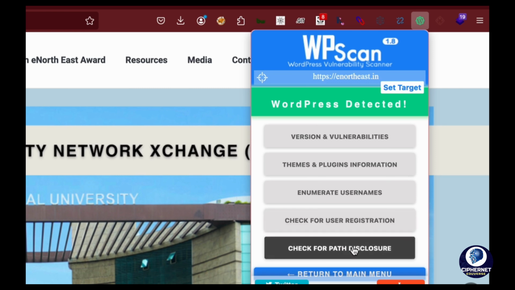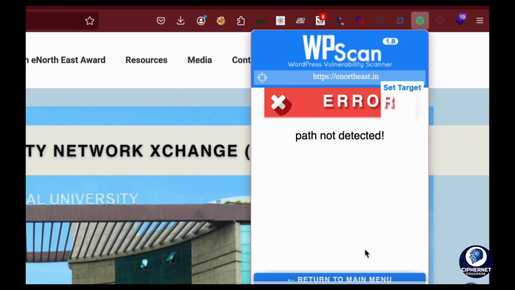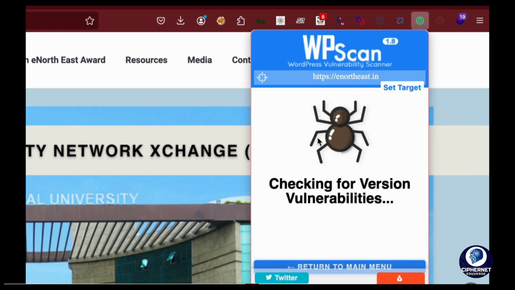And next, coming to this, check for path disclosure vulnerabilities. It would also automatically scan and show you the path disclosure vulnerabilities as well. Okay. And also you can click on this version and vulnerabilities and look out for what type of WordPress version is being used, and associated vulnerabilities related to that WordPress version. Okay, so it will take a lot of time to scan and showcase the results, but it is very